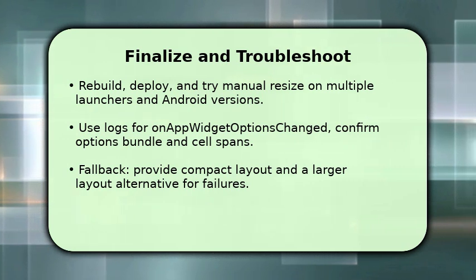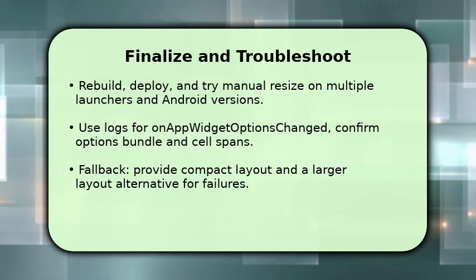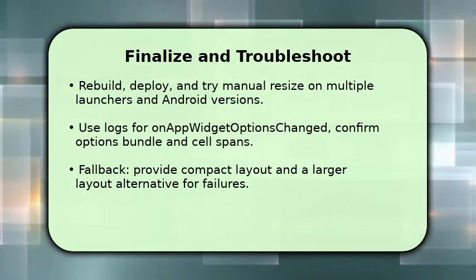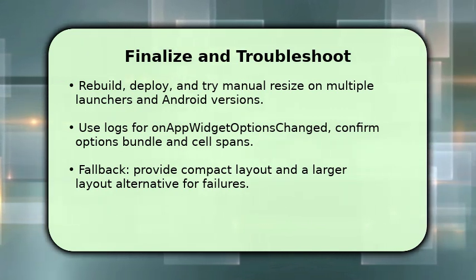Make sure configuration activities handle orientation and preserve state. If it still misbehaves, provide a compact fallback layout and a larger layout alternative. As a troubleshooting tip, log the span calculations, mismatched DP to cell math,